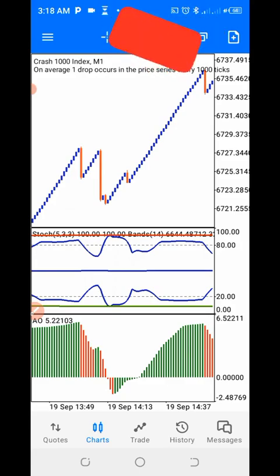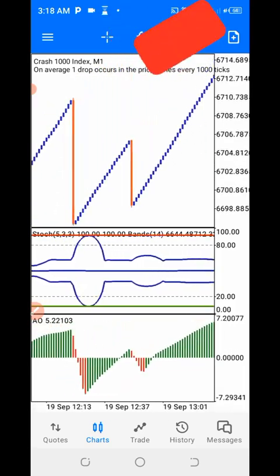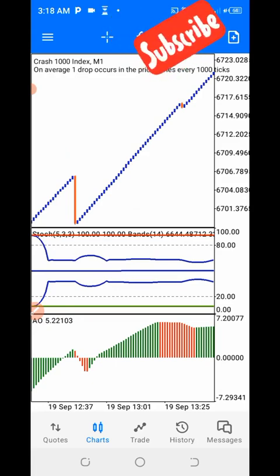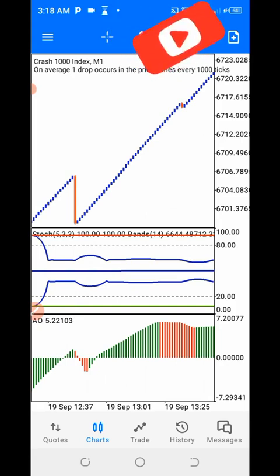So do well to do your backtest very well. I've been using this strategy for a very long time. I just decided to give it out today. It is the Avenger strategy. You can make massive money from this strategy. It is easy, so simple, and very profitable. Trading should be simple and profitable.